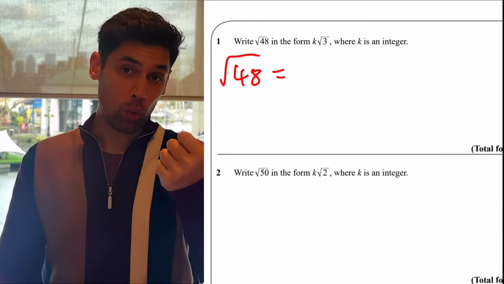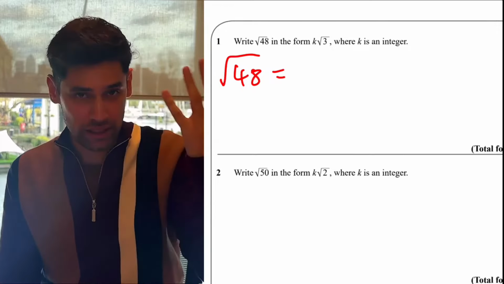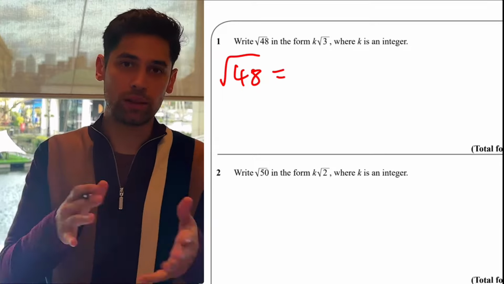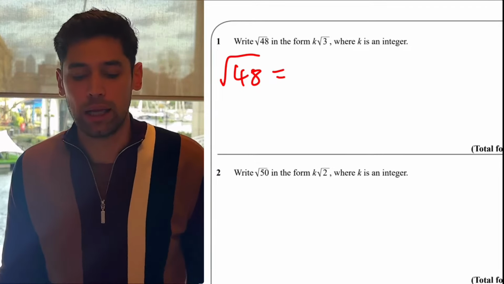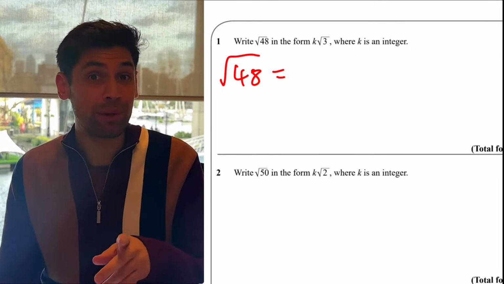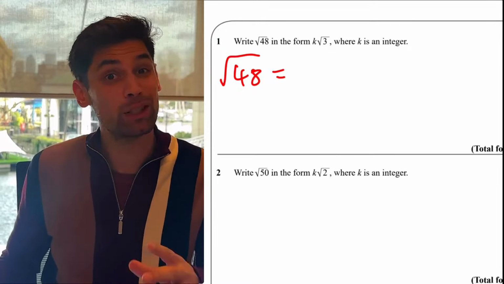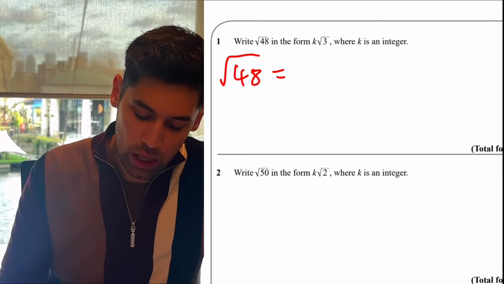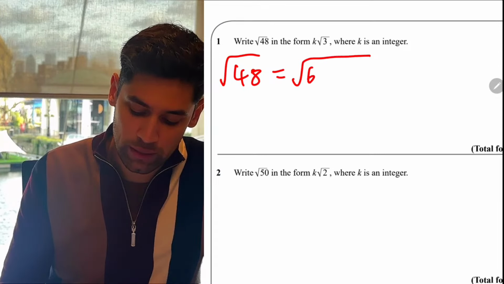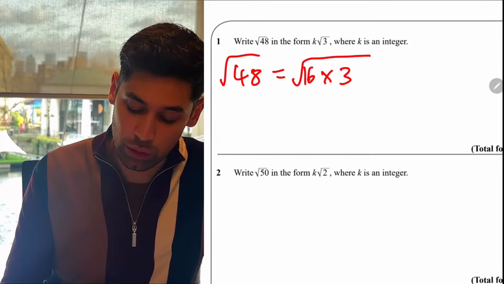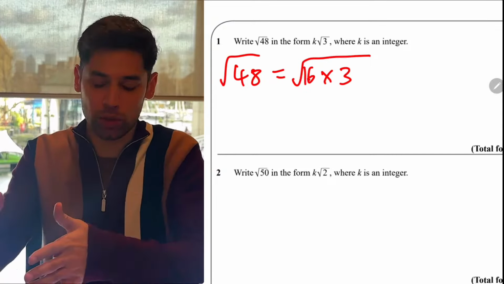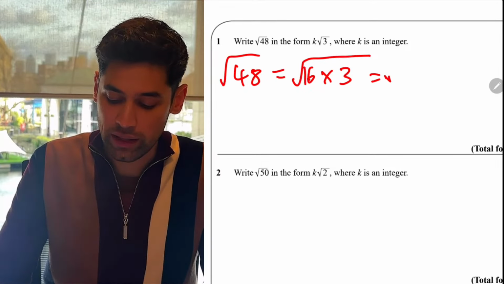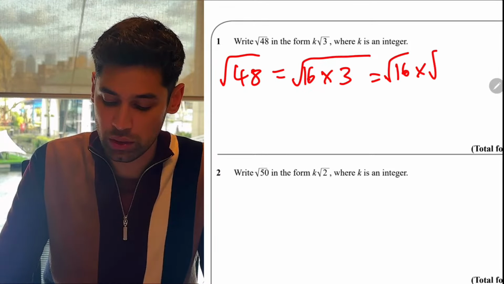So the square numbers are of course 1, 4, 9, 16, 25, etc. 1 is no help to us. If we use 1, then it's just 1 times 48, so 48 remains. 4 does go into 48, but it's actually not the biggest square number that goes into 48. The biggest square number is actually 16. So we can write root 48 as root 16 times 3, because 48 is 16 times 3. Hopefully you can see how we got from root 48 to root 16 times 3. This we can then split into root 16 times root 3,